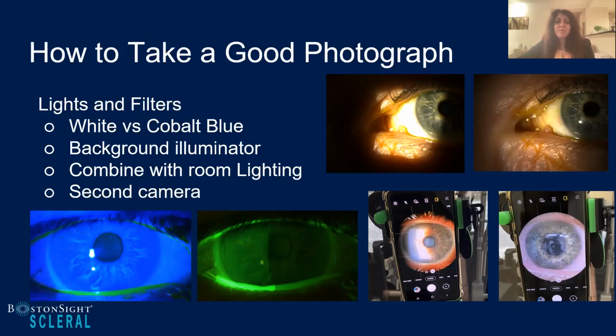In these two pictures up here, the photograph on the left has the slit lamp light shone right on this papilloma, and you can barely see it. One of the things that came with our slit lamp mounted camera is a backlight illuminator. This is an additional light that attaches to our slit lamp that we can bring off to the side and shine onto the cornea. You can see by using that background illuminator what a difference in picture quality it has given us, where we can see that papilloma so much better.